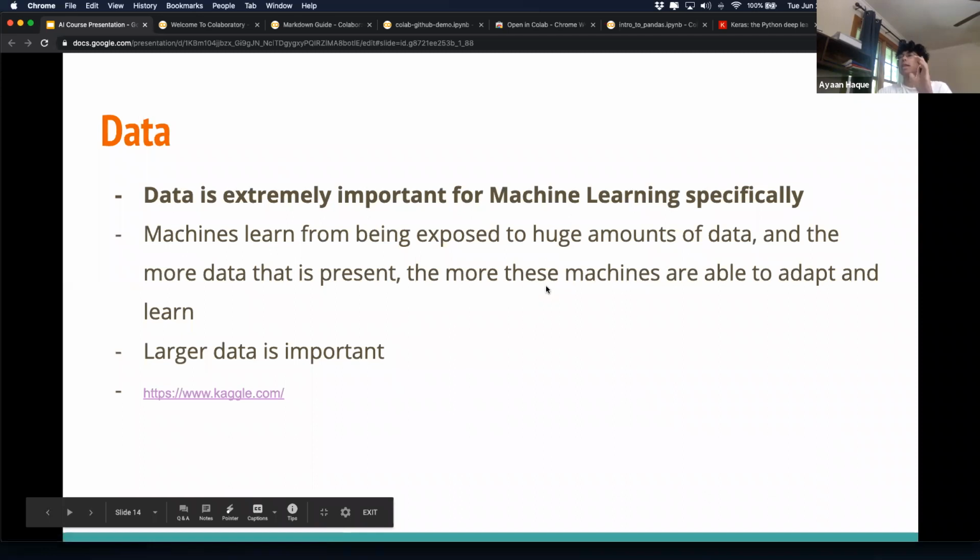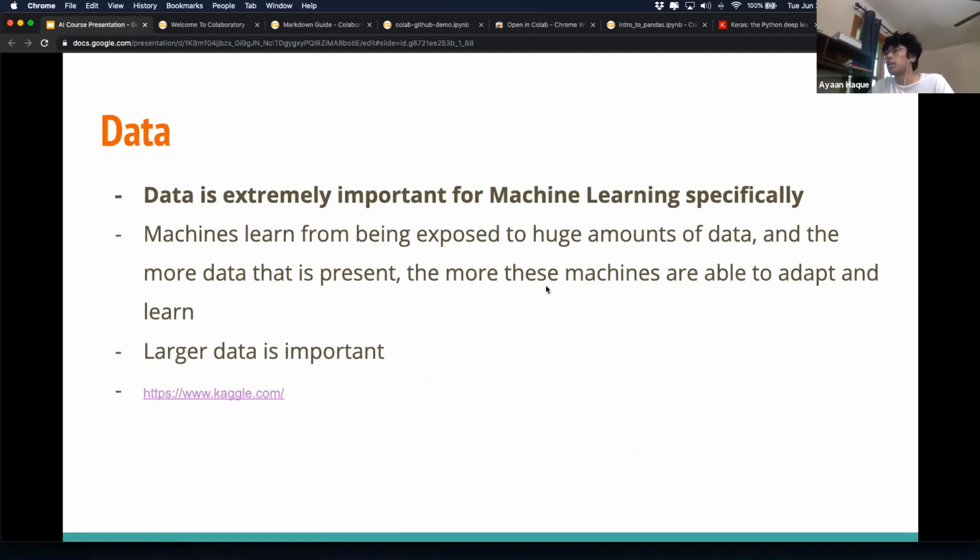Okay, so data, right? We talked about how data is really important for machine learning. And so data can be anything really. The most standard types of data are a folder of images, or a spreadsheet in the form of CSV, a spreadsheet of a bunch of different data points, which would be numbers. Or you can use folders of images, or CSVs that have a bunch of sentences already created. So those are the main types of data.